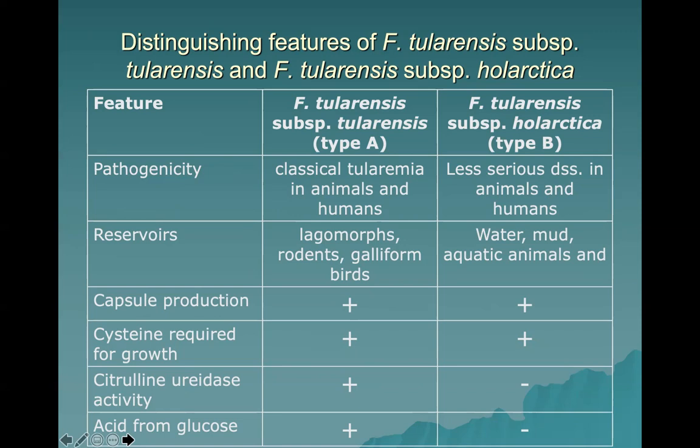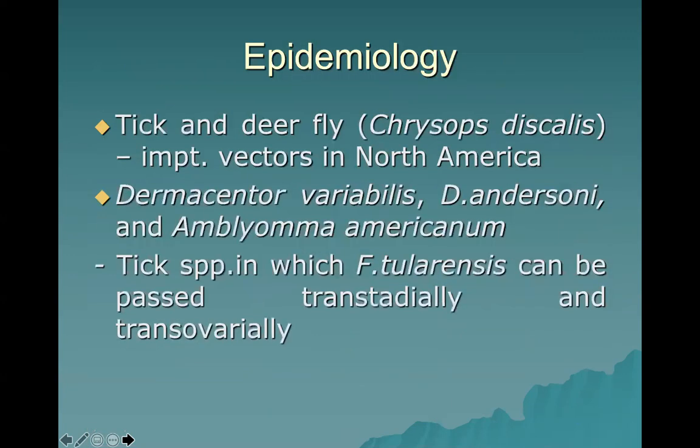Capsule production, both are producing capsule. Cysteine is required for the growth of both. Citrulline ureidase activity is known to be demonstrated by the type A, and acid production from glucose is for type A. For the epidemiology, the tick and deer fly, like the Chrysops discalis, are important vectors in North